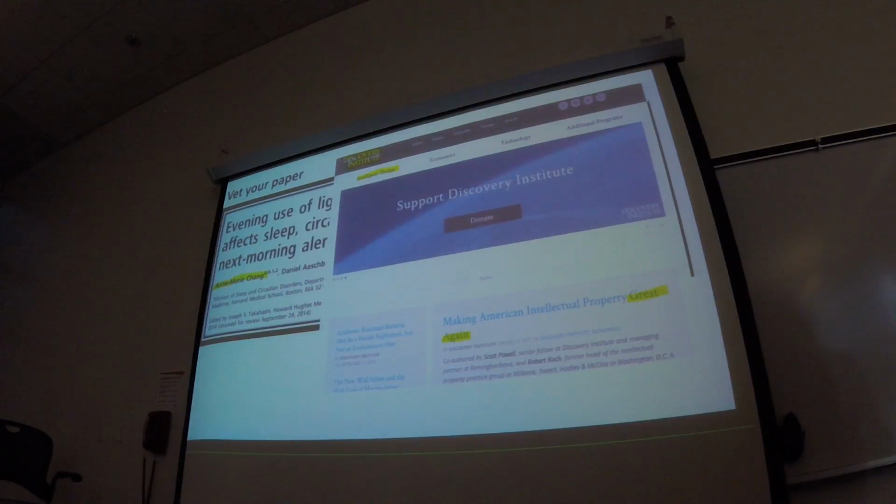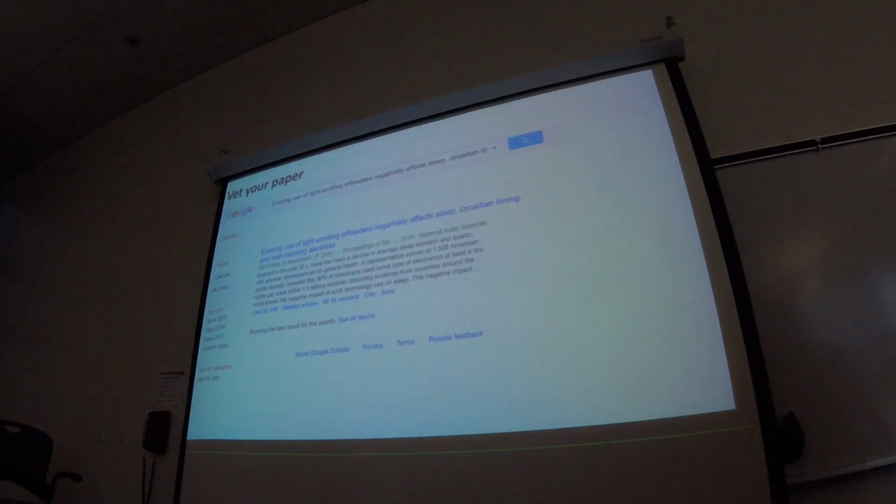And so whenever you find a paper and you find an institute that you're not sure about, if it's some institute that's not a university or something like that, go Google it. This is their front page of Discovery Institute. You can tell in 3 seconds that this is probably a biased institute. So, check it out. Another way to vet your paper is to simply Google your paper and specifically